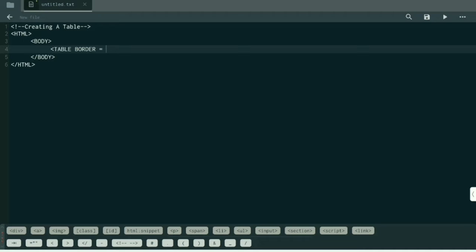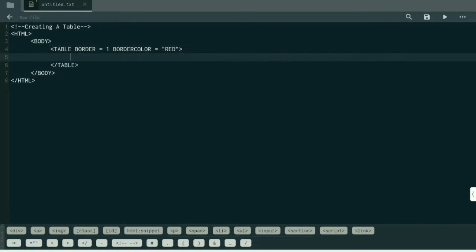Then we will define the border of the table, border color of the table, inside the table tag.